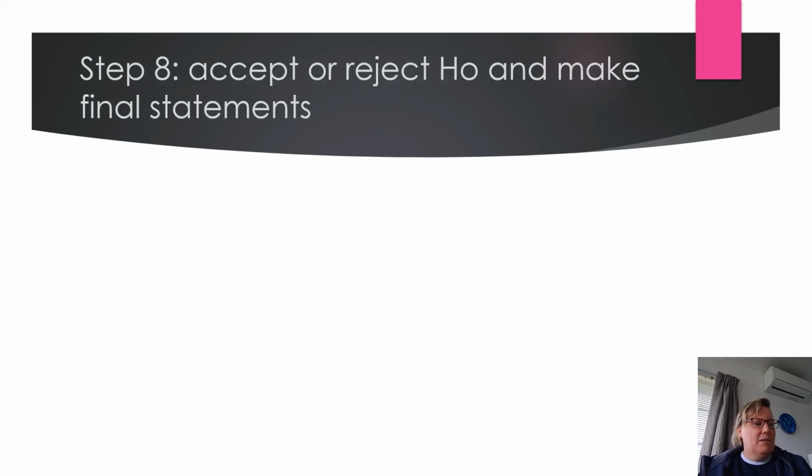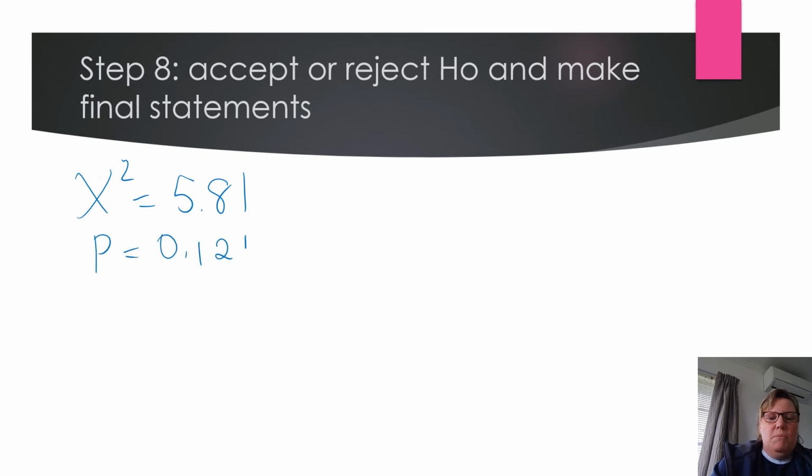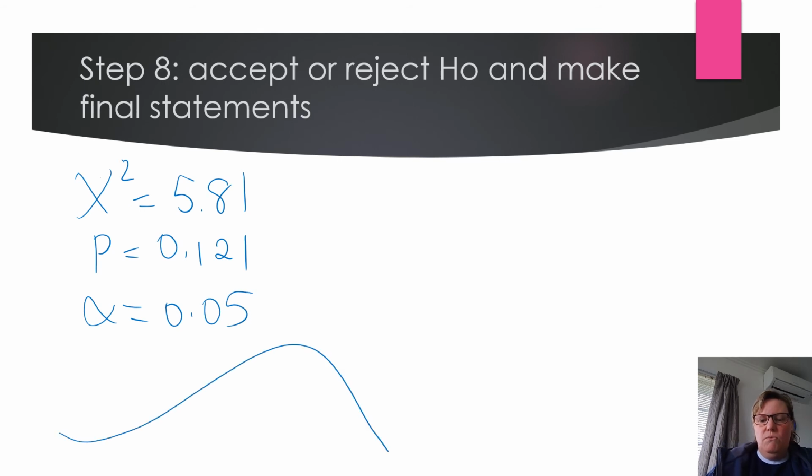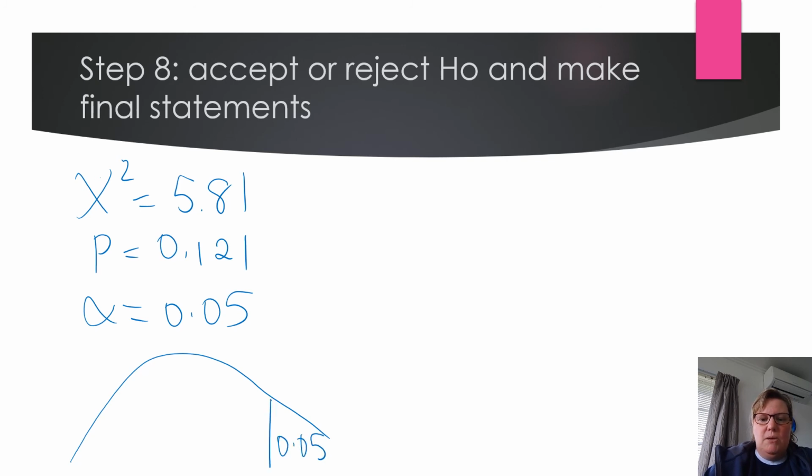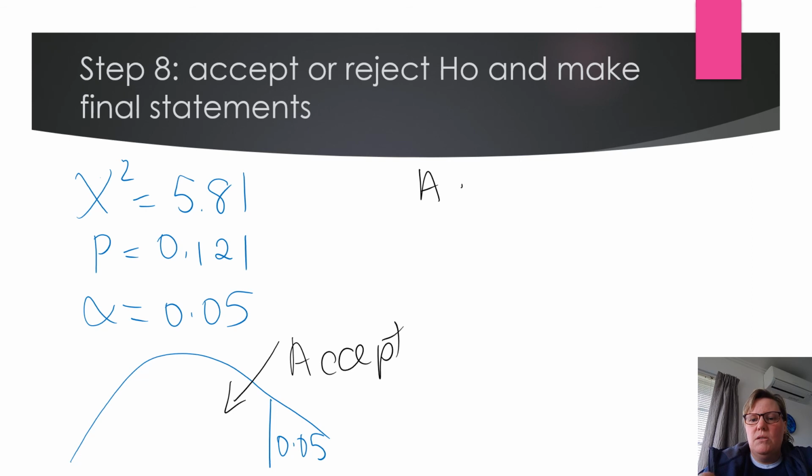Now, the last thing that happens is that you do the same stuff as you did before. You know that chi-squared is equal to 5.81. You know that the p-value is equal to 0.121. And do you remember that your critical value is 0.05? So on your diagram, no, wrong way. Why did I draw it like that? Undo that. Thank you. Let's just draw that again. So on your diagram, leap that way, please. We're saying this is 0.05. The problem is that 0.121 is actually in here. All right. So that is an accept. So we are going to accept